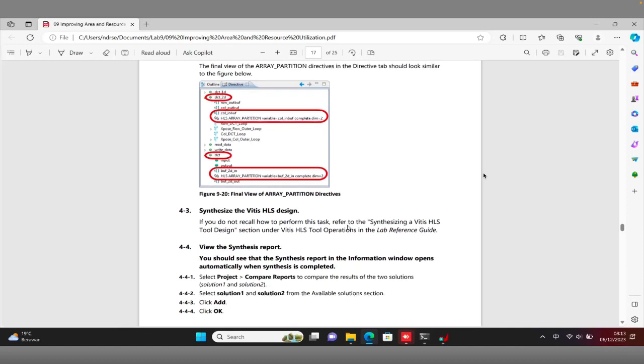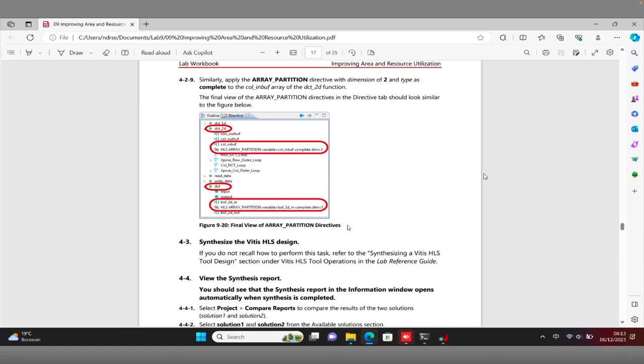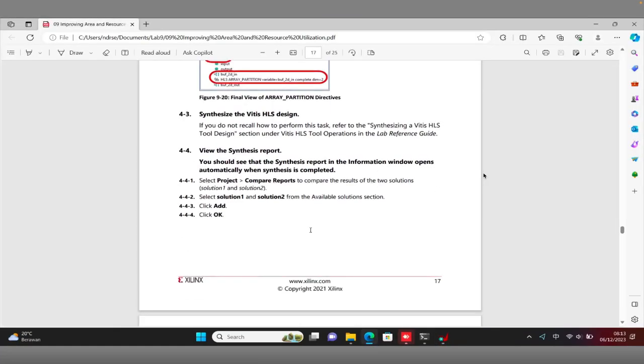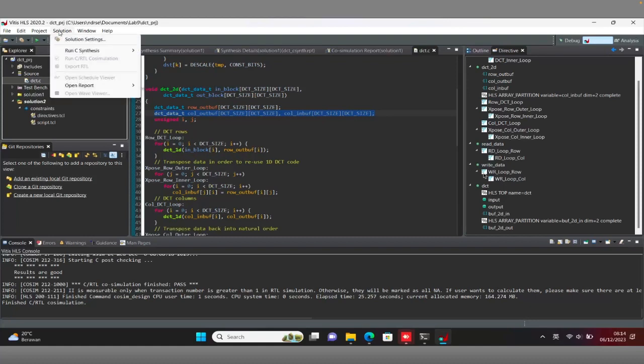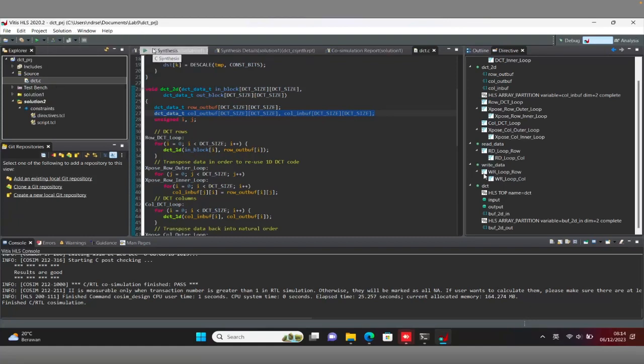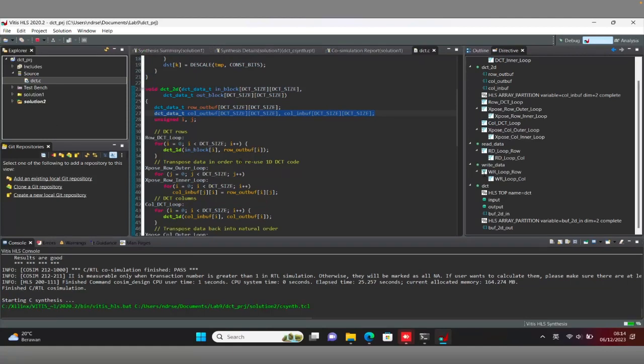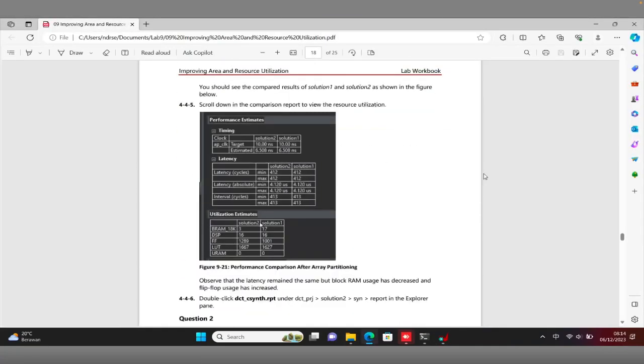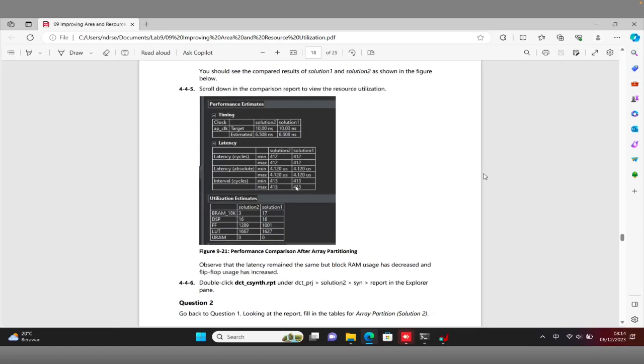And now we will run the C synthesize. We will run the C synthesize. After we insert the array partition, the latency is still the same, but we will see the allocation of memory will increase, LUT, but the BRAM